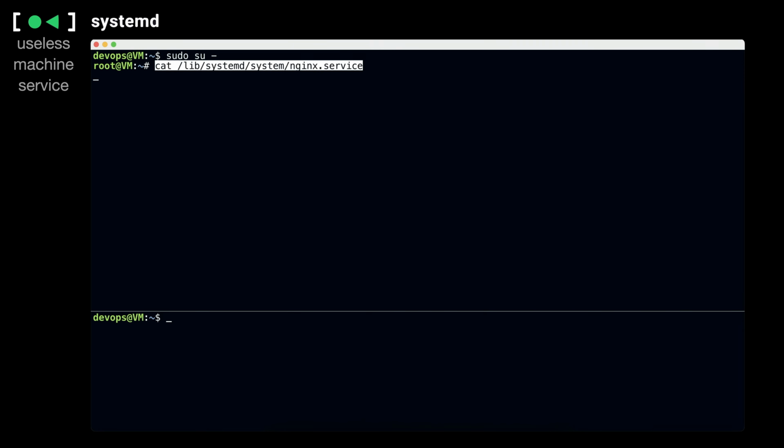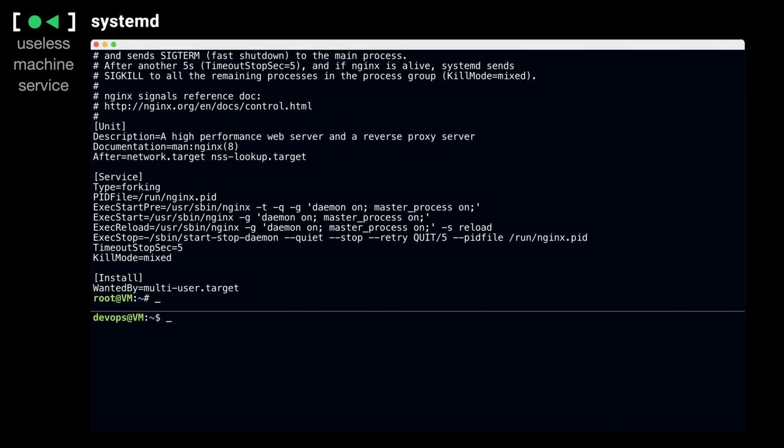We have a Systemd service which is starting an Nginx process. It will be started after the network is initialized and the host and network name resolution services are running. For startup of the Systemd service, the Nginx binary will be executed with some specific options set. There is also a setting for what to do when systemctl reload nginx is executed. Nginx config will be gracefully reloaded then.